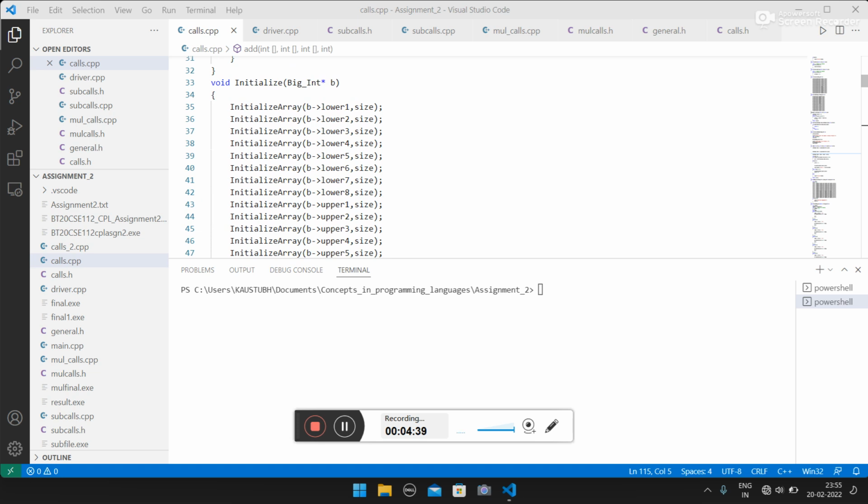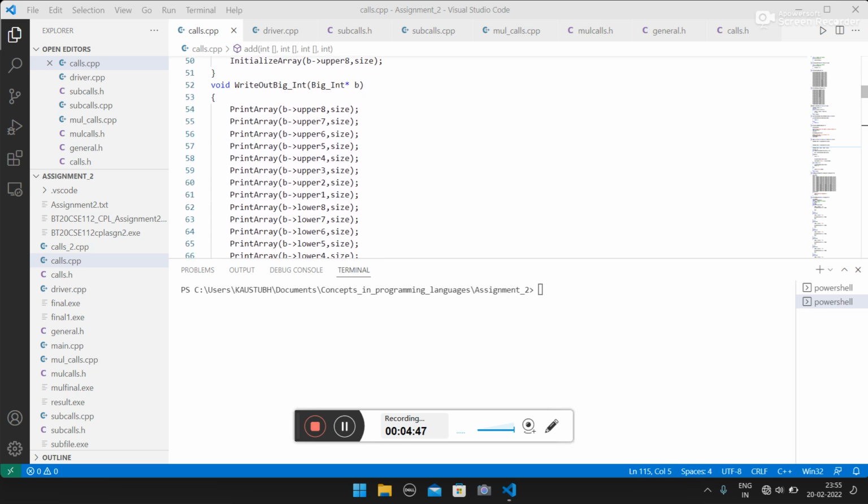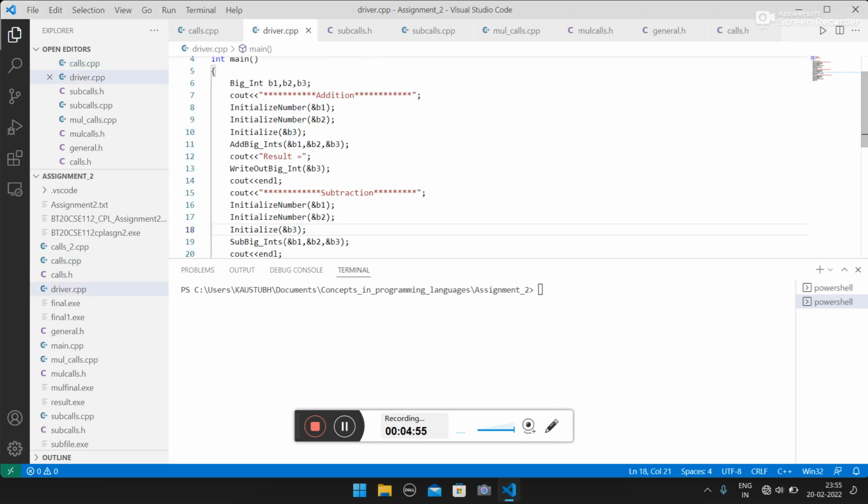So the dereferencing operator will come in, and each is printed from upper to lower, so that the order is maintained. In this way, initialize number is done.